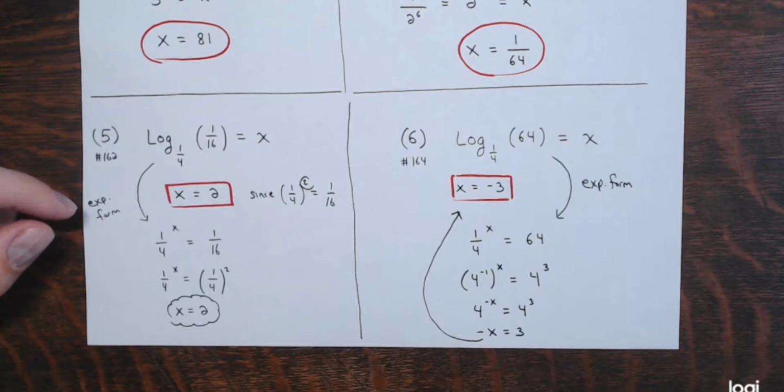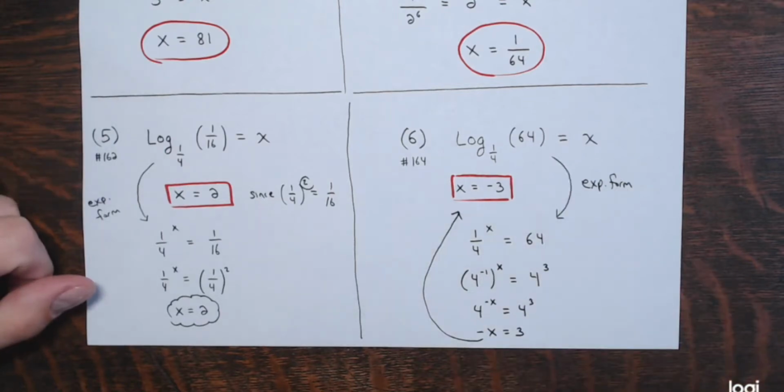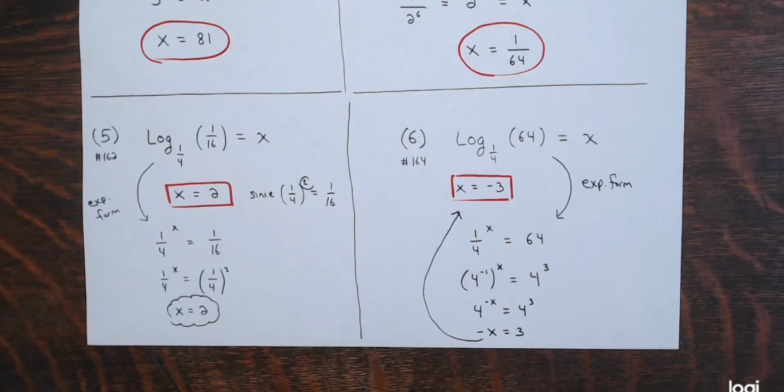So yeah, you can do all these by changing to exponential form first, and then going about finding the value of x. And then, of course, checking your solution. Great. All right, so now in the next